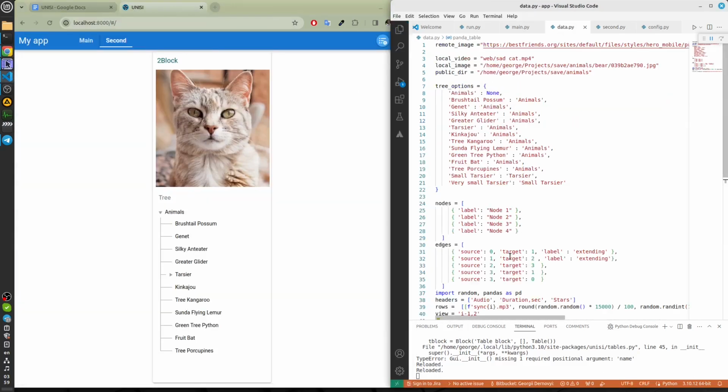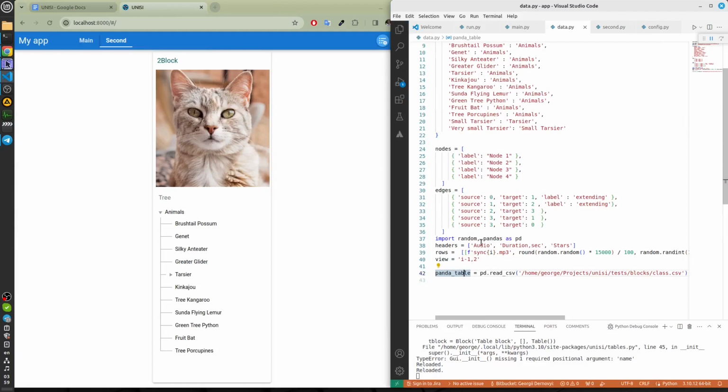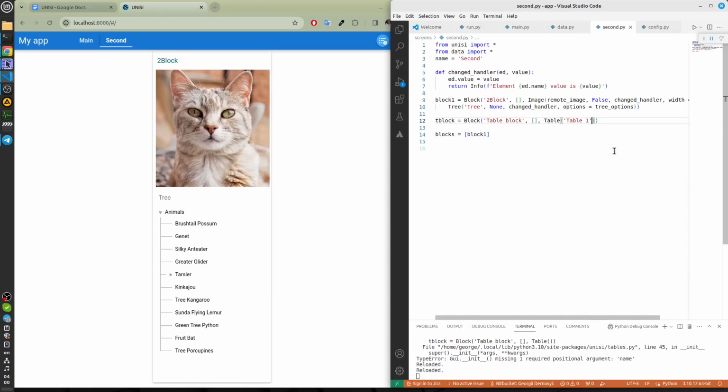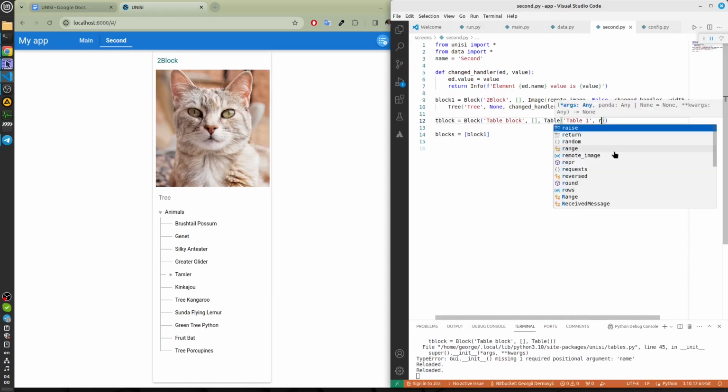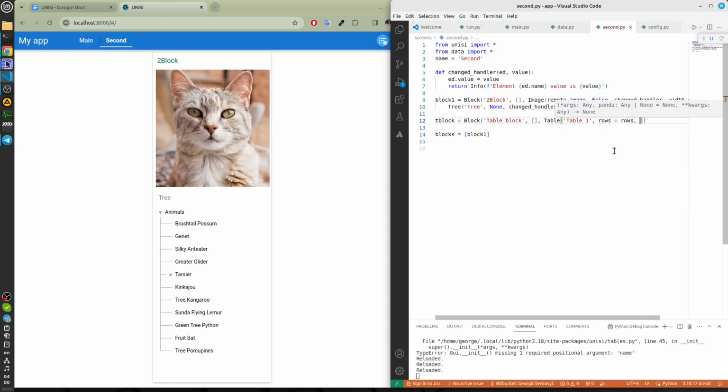Let's take from data: headers and rows. Here are the headers, and rows is an array of arrays. Rows is an array of table lines, and each line is an array of cells. Rows equals rows. Headers equals headers.